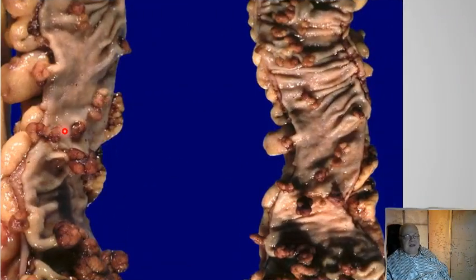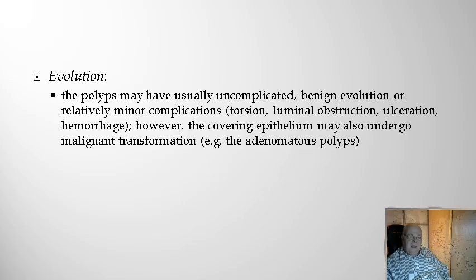When they are a large number, like we see here, they are called polyposis. Possible some of them are adenomas, some of them non-tumoral polyps with no risk. We'll see a lot of such syndromes, generating such types of polyps, but discussing them in detail only in the second semester.